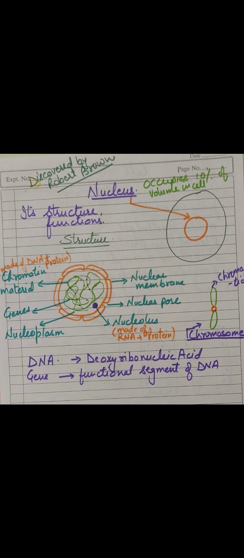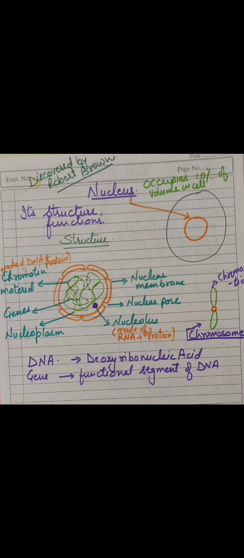It was also told to you in the introduction of this chapter that the nucleus was discovered by the scientist called Robert Brown. Let's discuss its structure and function. The structure, as drawn over here, is double membranous. Although it is double membranous, the outer membrane is not a continuous layer. In between, gaps are seen here. This membrane of the nucleus, which is present on the outside, is called the nuclear membrane, and the gaps which we are able to see in this diagram are called nuclear pores.